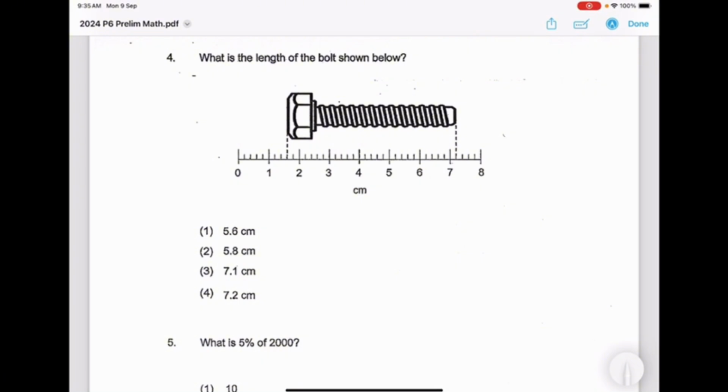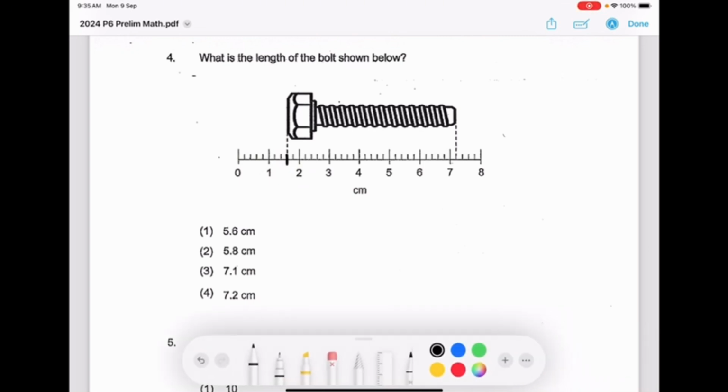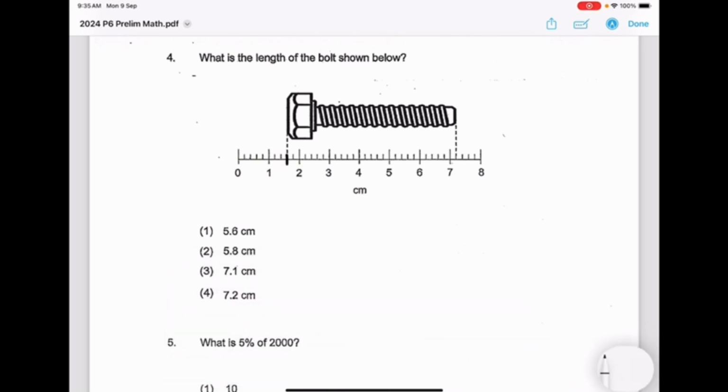What is the length of the boat shown below? As you can see, the boat is not starting at the 0 cm point. Firstly, we need to find out what this mark is over here. Okay, and how do we do that? First, we want to count the number of increments we have from 0 to 1. Alright, so we have 1, 2, 3, 4, and 5. Knowing that there are 5 increments, what I want to do is to take my 1 cm divided by 5,